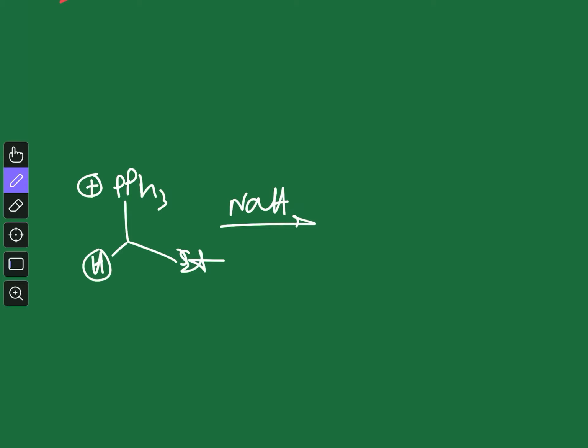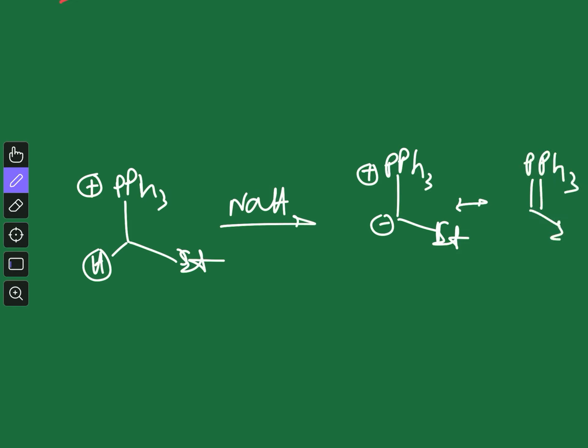So let me first explain the case of unstable ylide. So let's say you have this unstable ylide, which I took at the beginning of the video. So we had this PPh3 plus, here you have ethyl group, and when this is treated with sodium hydride, sodium hydride will take one proton from here, so this will produce negative charge. Now this ylide we can represent in a resonance canonical form like this,